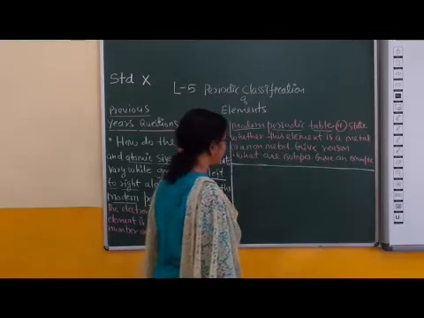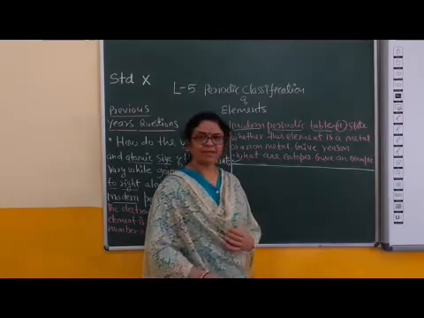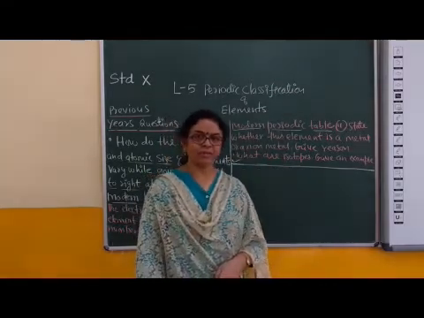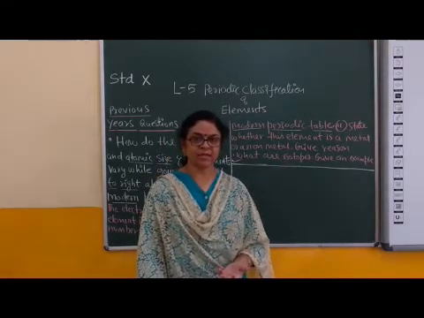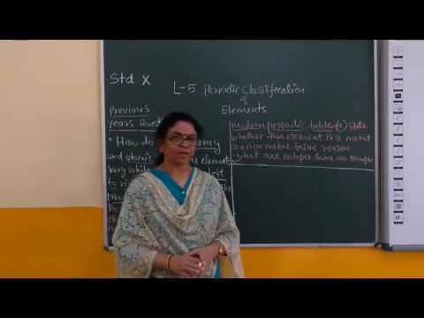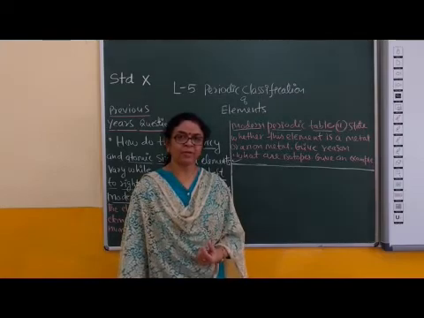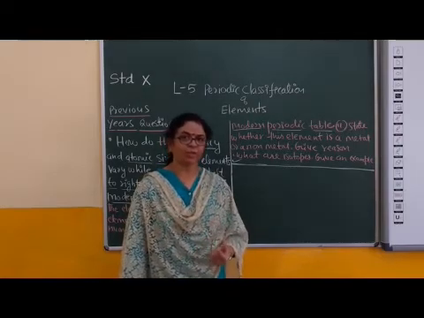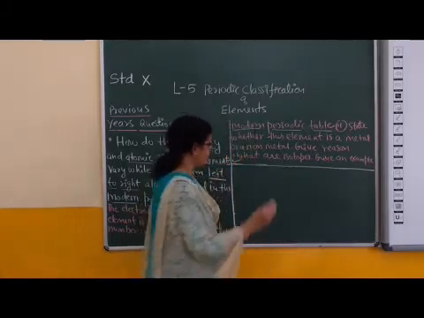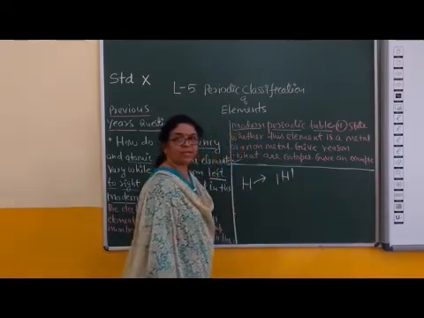What are isotopes? Give an example. Third question. Isotopes: atoms of the same element having the same atomic number and different atomic mass, right? And which resemble in chemical properties. All are similar in chemical properties and are called isotopes. Okay children? Which property is the same, atomic number, and which property is different, atomic mass? Give an example. For example, hydrogen. Right? First isotope of hydrogen is 1H1, protium.